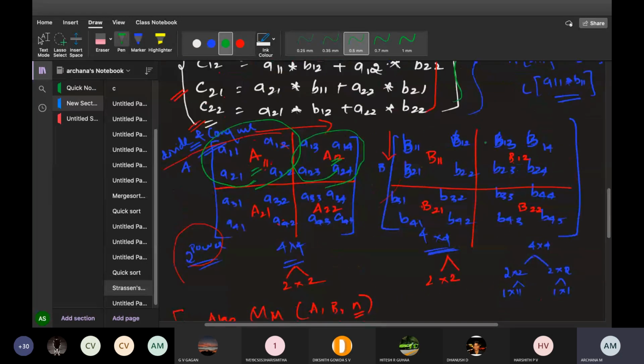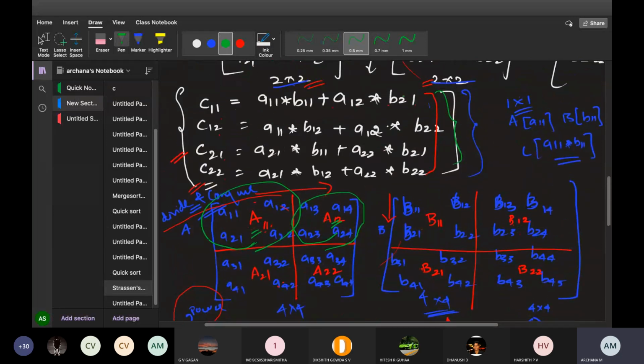Look here. Whenever I divide this into 4 cross 4, I get 16 multiplications and 8 additions. Again, I will call: 16 additions, and in one formula you have 2 multiplications. 1, 2, 3, 4, 5, 6, 7, 8. So 8 into 4 again, 8 4s are 32 multiplications you will get, and 16 additions.